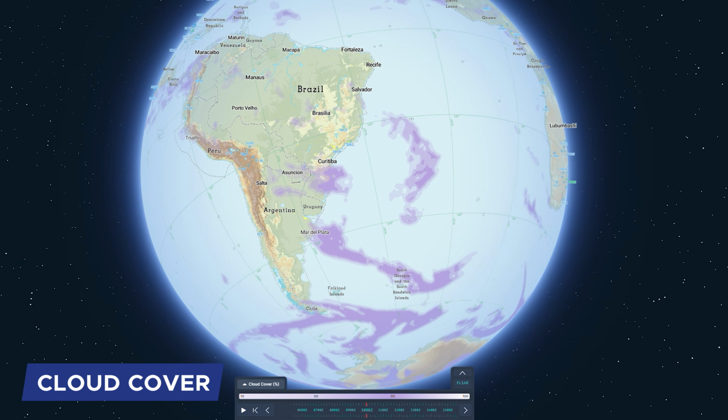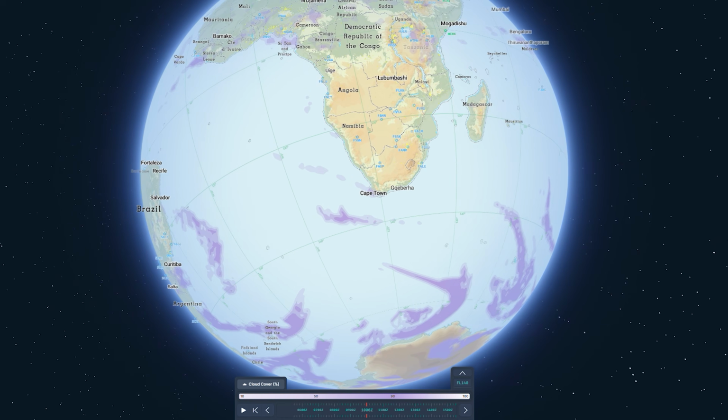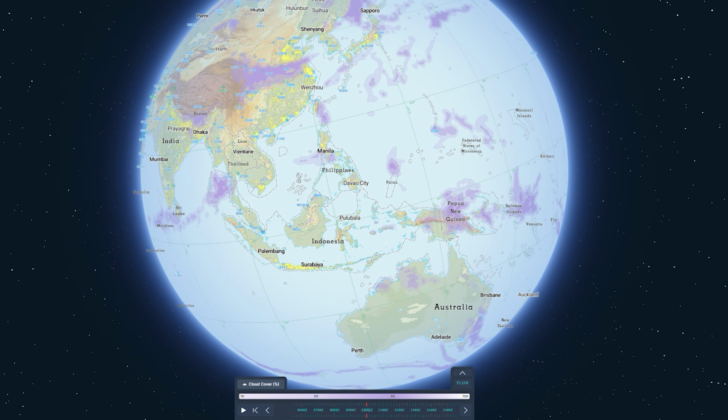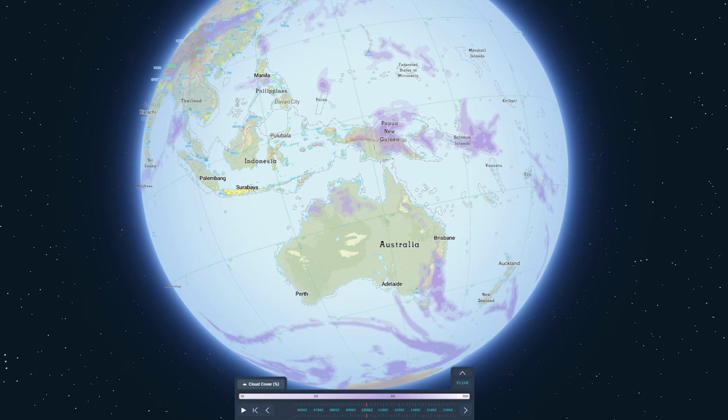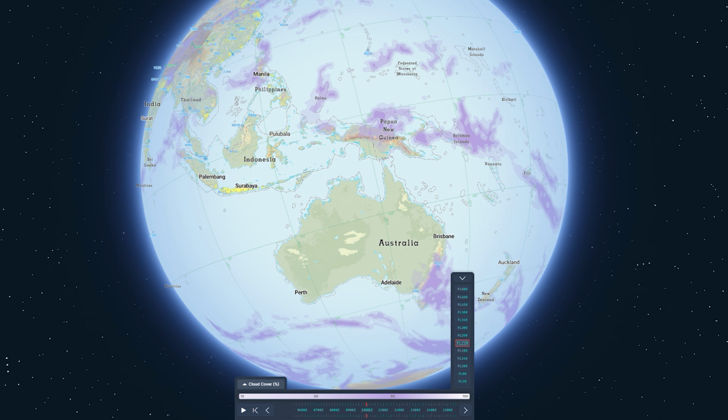This layer will let us know a percentage of cloud cover over a certain area with time and altitudes. The range is from 15 to 90% of coverage. It's color-coded for simplicity. This is a great layer to see if you could fly a VFR route at a